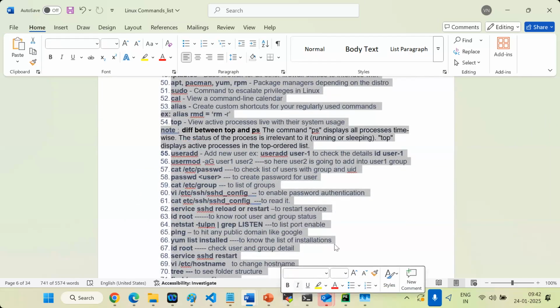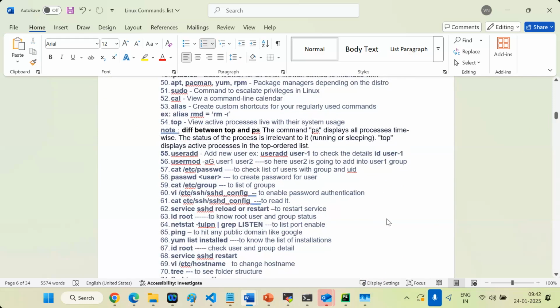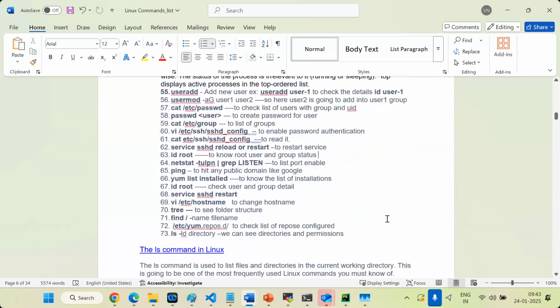If you have strong knowledge in Git, you can join any organization. First we have to clone the repositories, set up a repositories environment and all. That is very important.